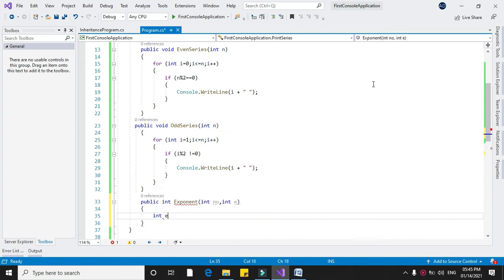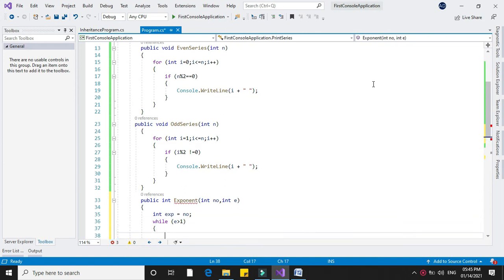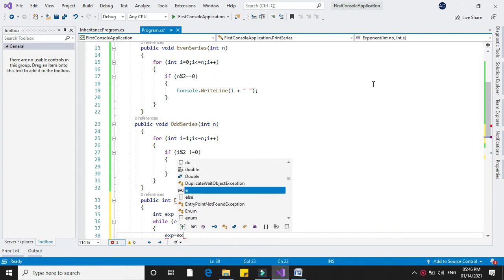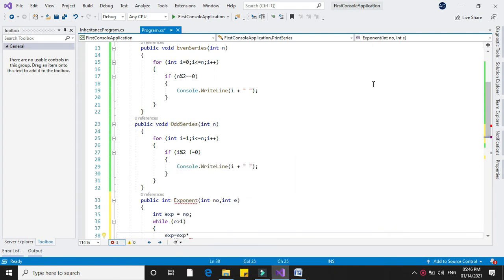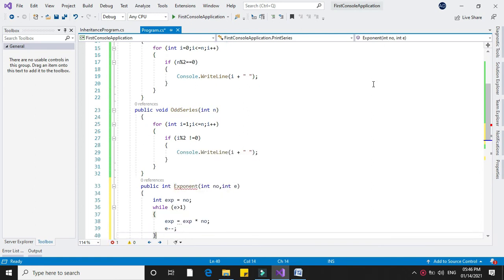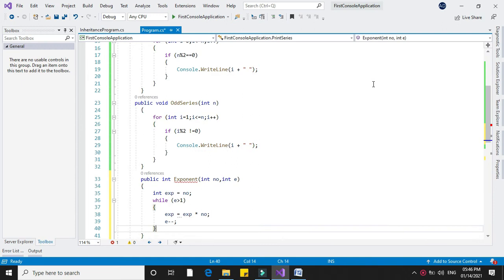I will declare a variable exponent which is initialized with number. I will use a while loop, while e greater than 1. I will calculate exponent equal to exponent into number and e minus minus, and I will return the value of exponent.